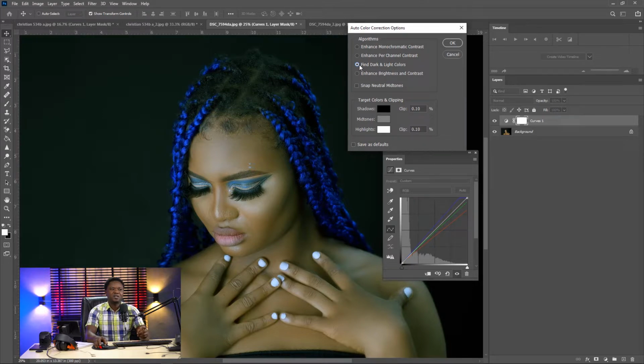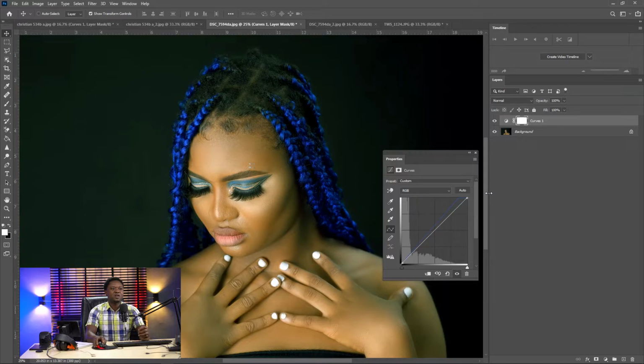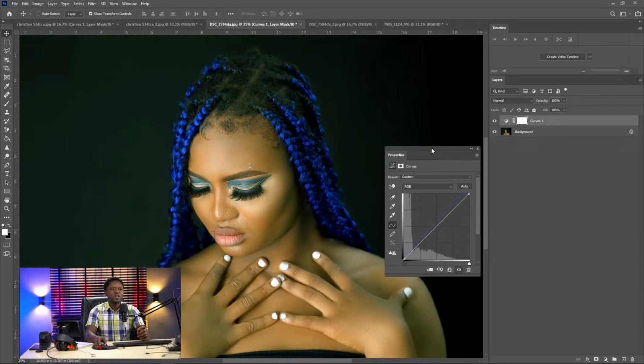Then we just go to find dark and light colors. You can see that the image is still greenish and it lost a lot of contrast. So why don't we try the other one? It's still there. So what do we do? We hit OK here with enhance, then we hit OK here and go to